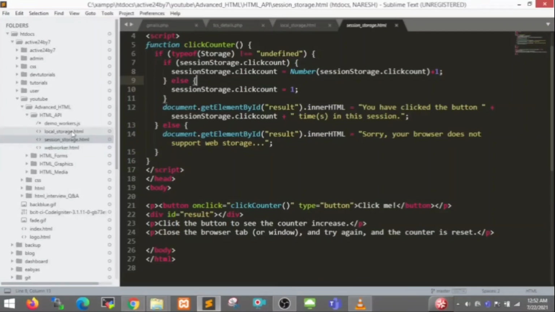If you choose local storage, then that will not expire, but session storage expires when you close the tab. So this is the concept of local storage and session storage in HTML. Means this is the web storage concept.